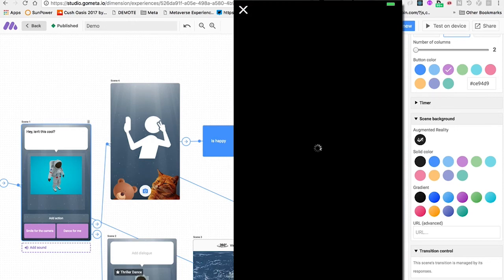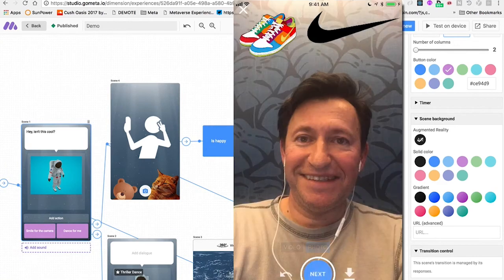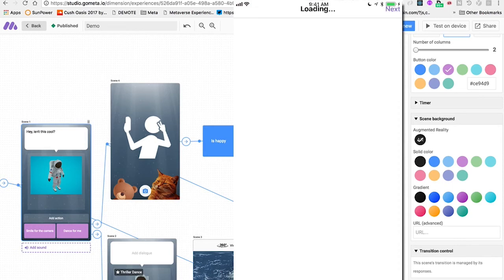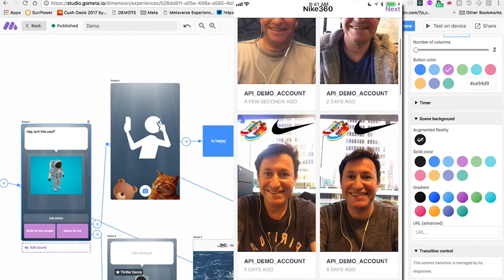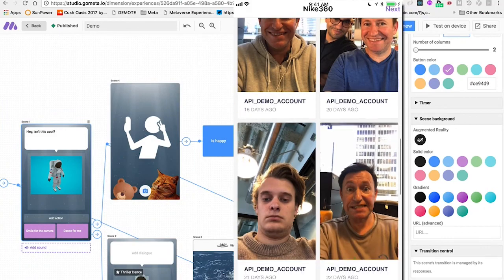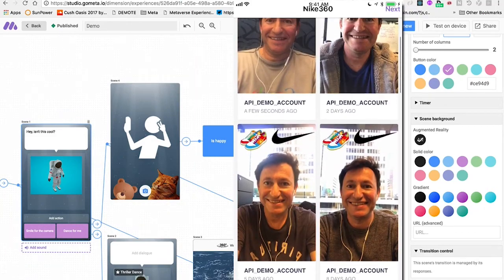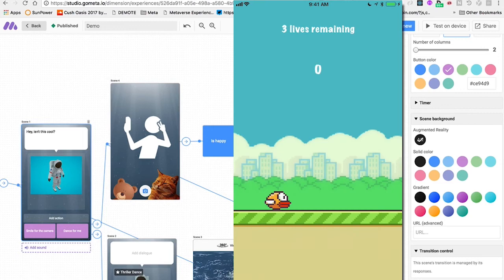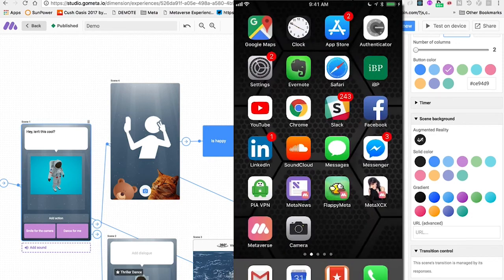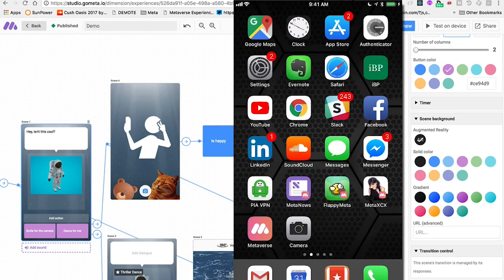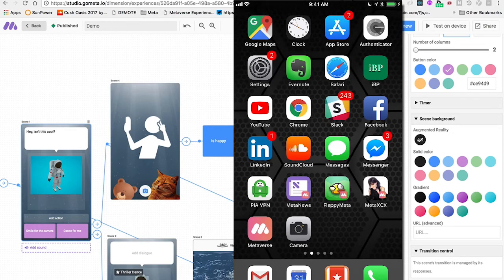Remember, this is an ad we're interacting with here. And then it uploads that and posts it to what we call a media wall, a photo wall. And so this is a demo, so you'll see it's mostly me in here that's doing this. But there's the photo wall, and we're still inside that experience. We're still inside the ad. And once we get out of it, you see it says 3 lives remaining. So it does a callback to the app developer and says, indeed, the person did complete this ad, and therefore you can give them more lives. Okay, so this is just more ways that you can embed Metaverse in other apps.